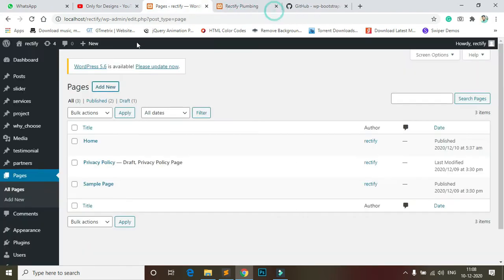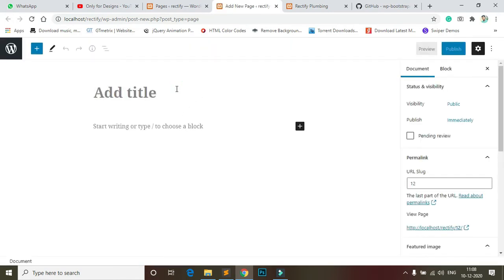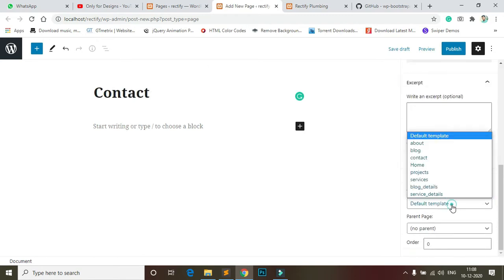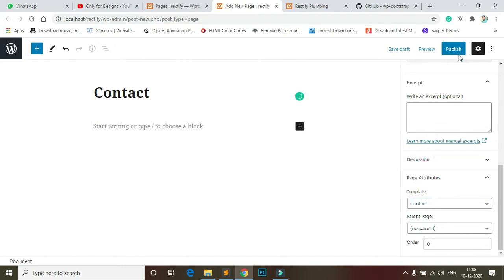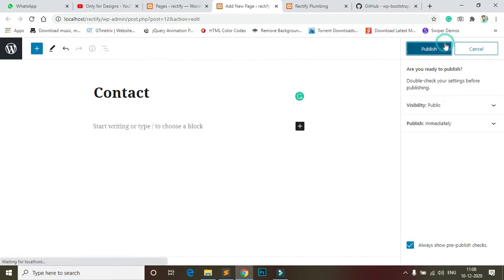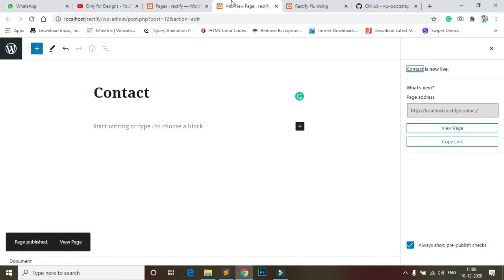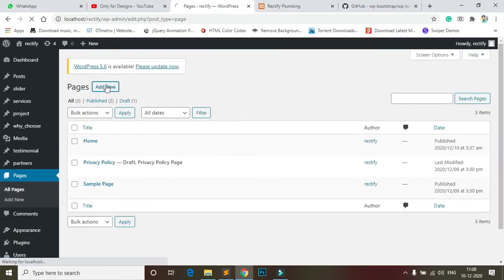Then contact. Contact page, then select this contact page also. Then services, blog and projects. I need to add 3 more pages.